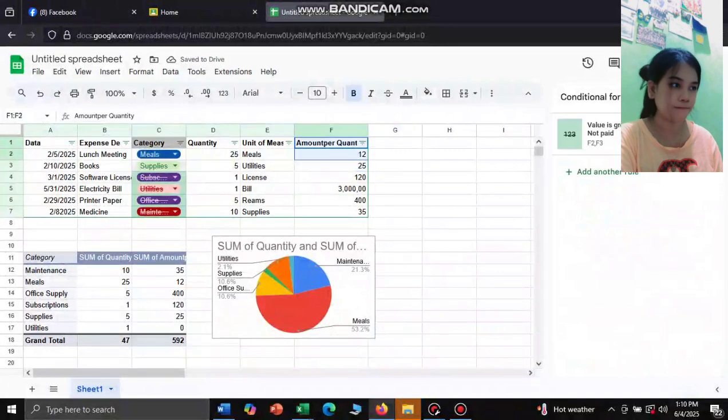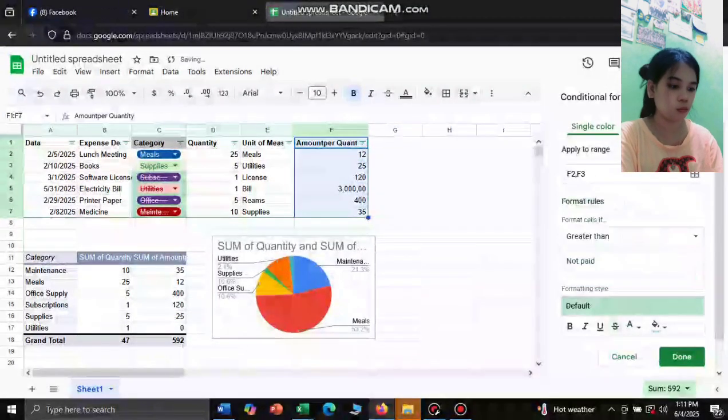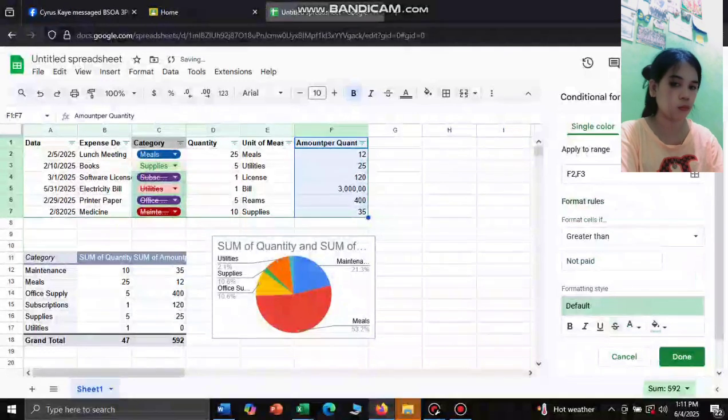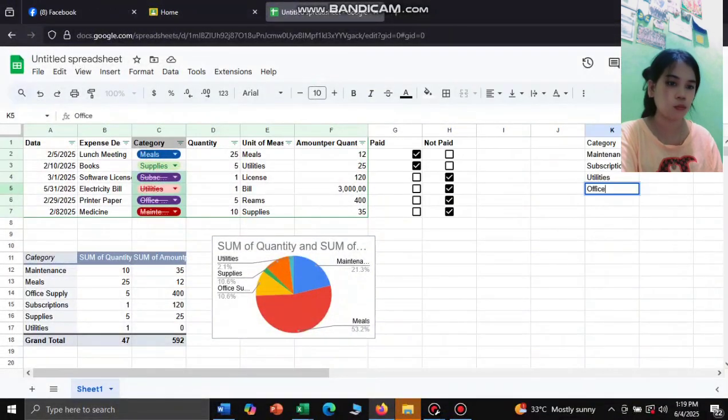The next is we will create a drop-down list. So there I will choose categorize, highlight this and go to Insert and click drop-down. Then next we will